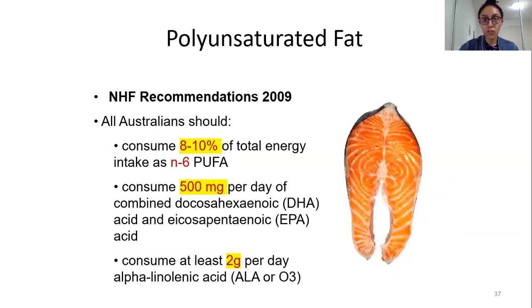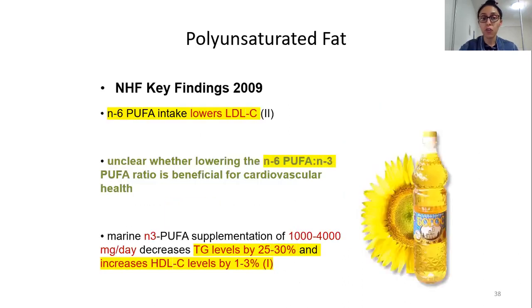Okay, so now moving forward is your polyunsaturated fat. As I said, your PUFAs, your omega-6, generally it is 8 to 10% of total energy intake which is consumed, and your EPA and DHA is, say, 500 milligrams per day, which is your eicosapentaenoic and docosahexaenoic acid. Okay, that is your animal form of omega-3, which comes from your salmon and your tuna, or fatty fish. All right. And if you are consuming the vegan form of omega-3, specifically alpha-linolenic acid, then that has to be at least 2 grams per day. Okay. That is your walnut, flaxseed, all of those vegan forms.